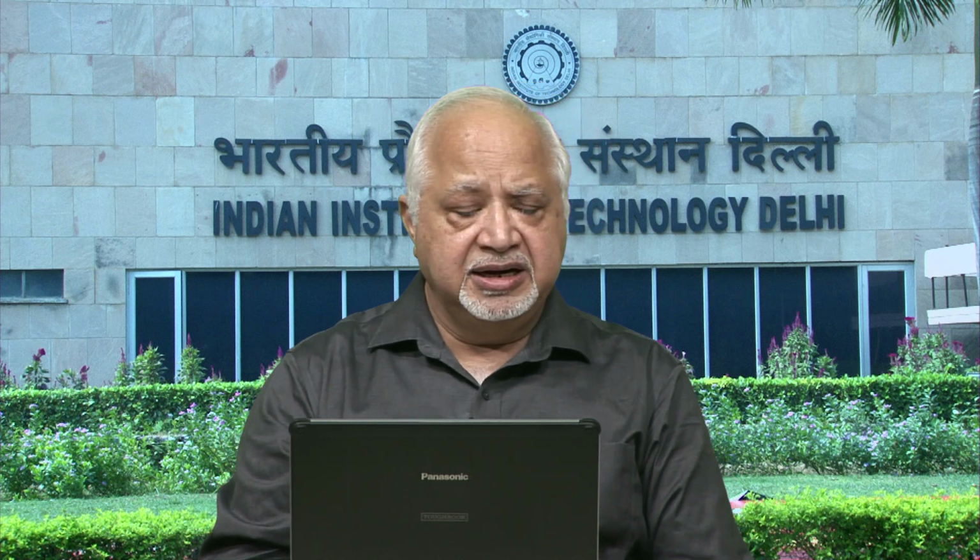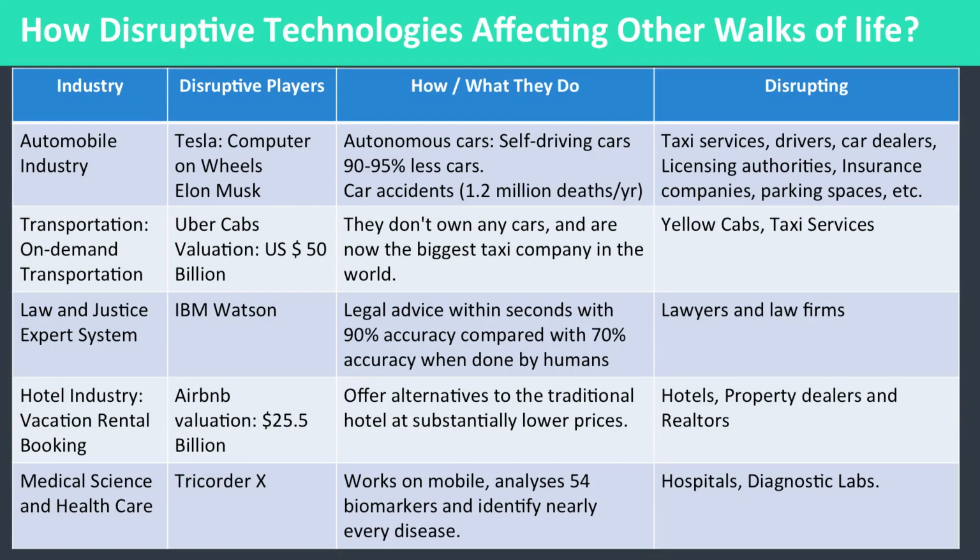Let us look at the examples of these disruptions that are happening in other industries. Automobile industries, like I already mentioned Tesla, Google and other companies, are challenging existing automobile cars. Now they are coming with self-driving cars where drivers are not required, and it appears that car accidents would be rare. Right now, there are about 1.2 million deaths per year,